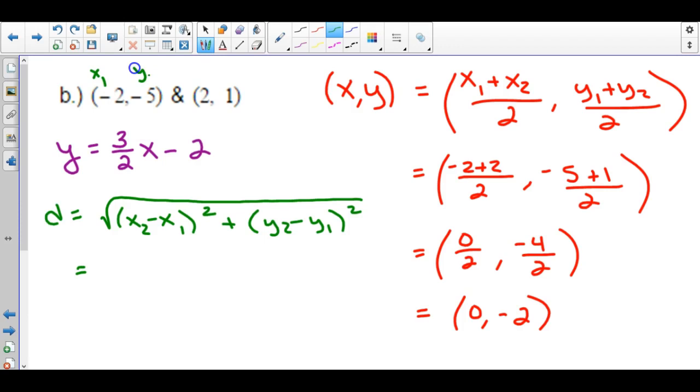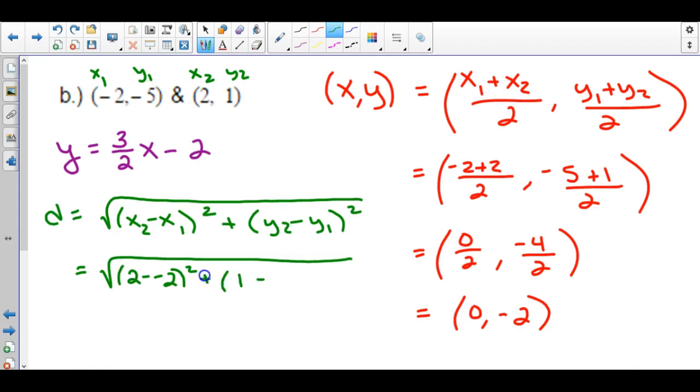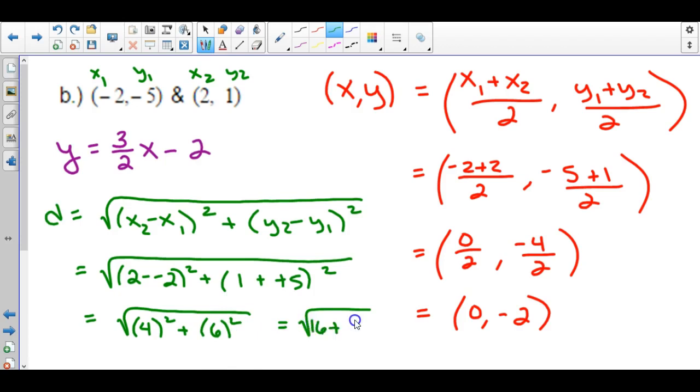So again, this is x1, y1, and this is x2, y2, and we'll just start substituting some values. I'm going to end up with 2 minus negative 2 squared plus 1 minus negative 5 squared. So again, just substituting the values from the top, I'm going to simplify this. 2 minus negative 2 is going to give me 4, and then 1 minus the negative 5 is going to give me 6. So I can simplify this further into 16 plus 36,